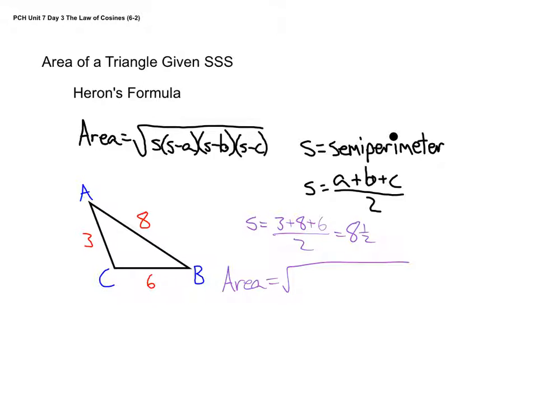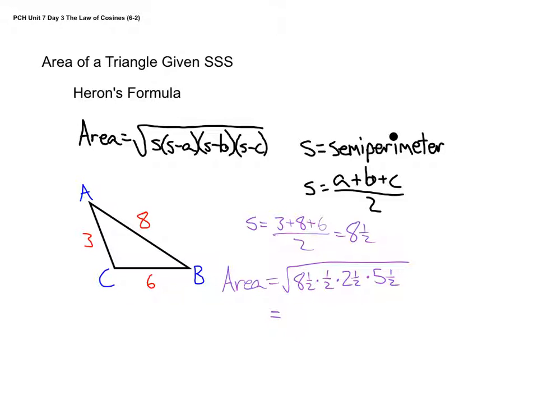So I know it's the semi-perimeter, 8.5, times, notice it's s minus a, s minus b, s minus c. It's just the semi-perimeter minus each side. So 8.5 minus 8 is 1/2. 8.5 minus 6 is 2.5. 8.5 minus 3 is 5.5. So I multiply those all together and take the square root,